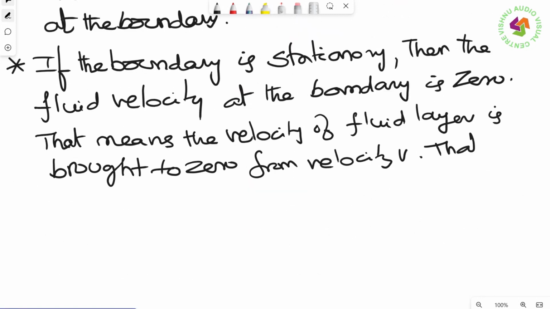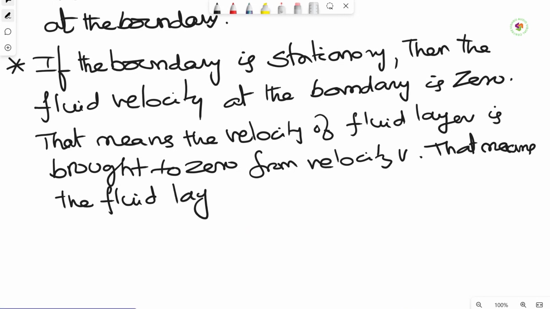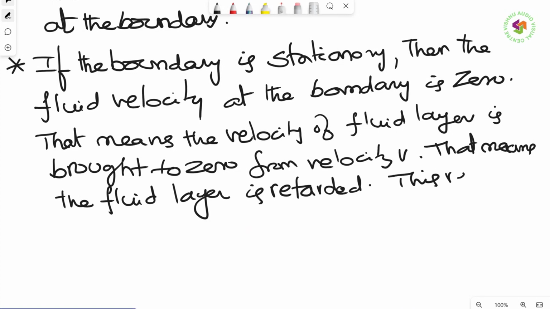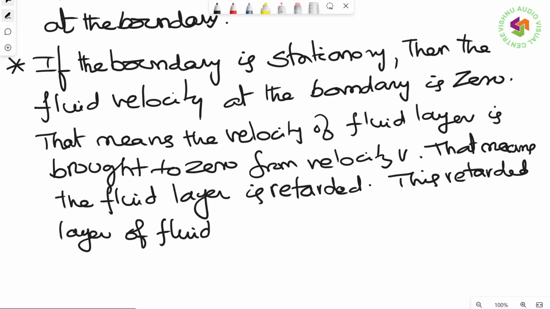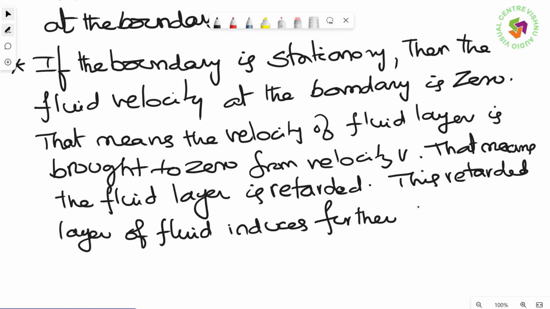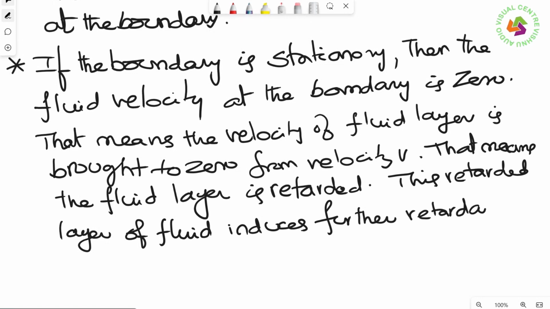That means the fluid layer is retarded. It's not acceleration, it is retardation. This retarded layer of fluid induces further retardation in the adjacent layers,